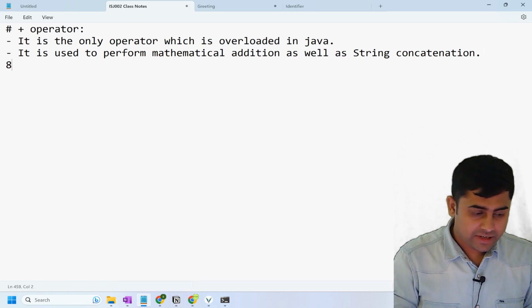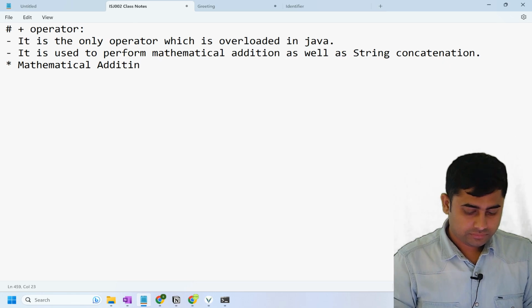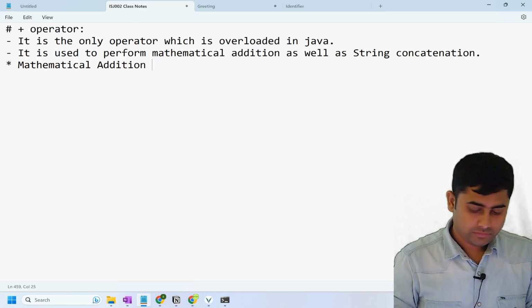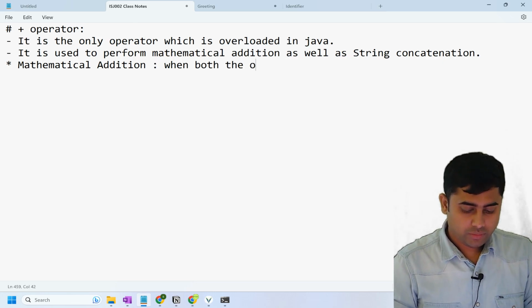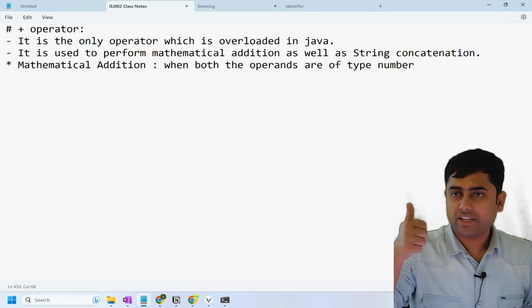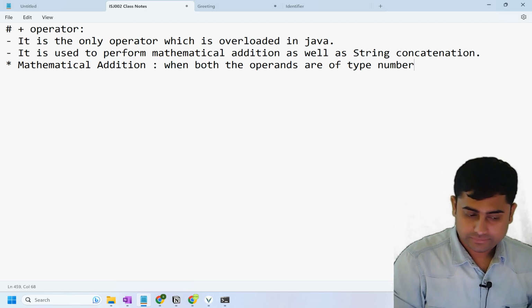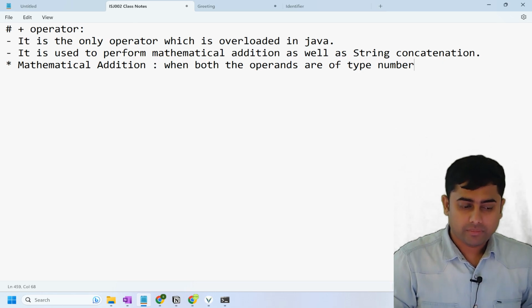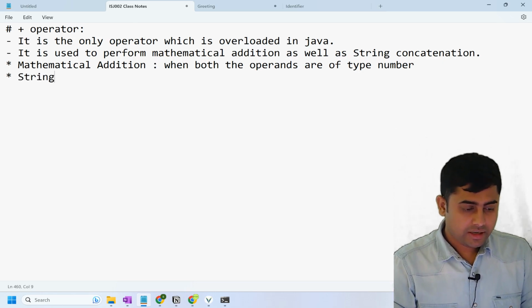When will mathematical addition happen? When both the operands are of type number. Number can be byte, short, int, long, float, double, char. They come under number. If both the operands are of type number, it will do mathematical addition, and it will do string concatenation